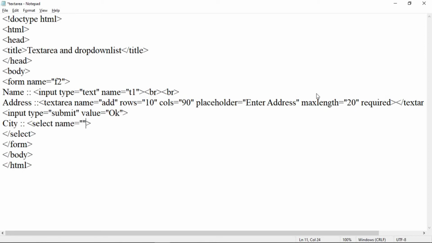Name is equal to, suppose, city. Within this, we will use the option tag. Option tag start and end of the option tag to add the different options. Suppose we will add Pune. Then again option and end of option.